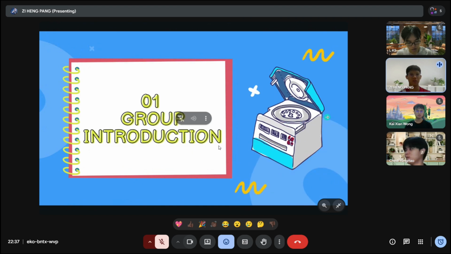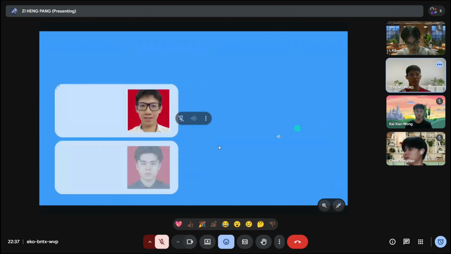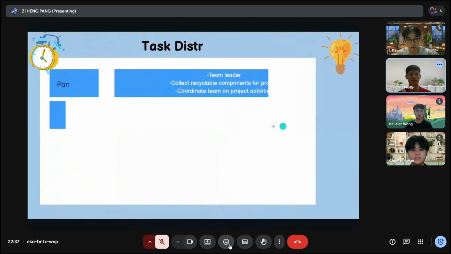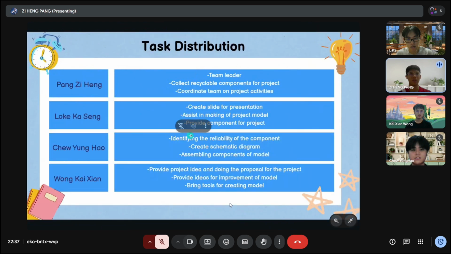First is our group introduction. Our team members are me, Bang Ji Heng, Lok Ka Seng, Chu Yong Hao, and Wong Kai Sen. The task distribution for Bang Ji Heng, which is me, is the team leader, collect recyclable components for the project, coordinate